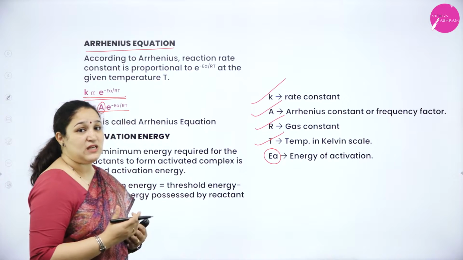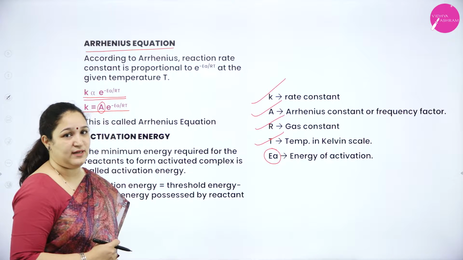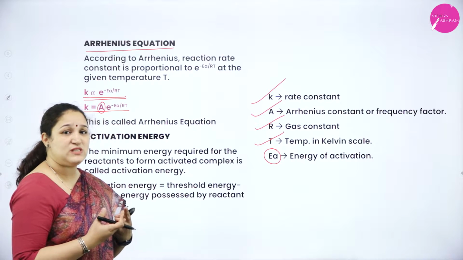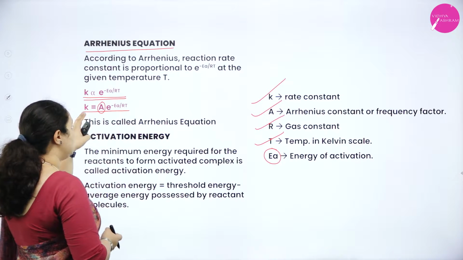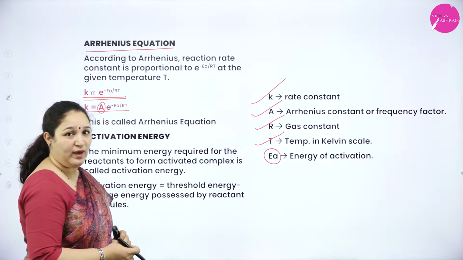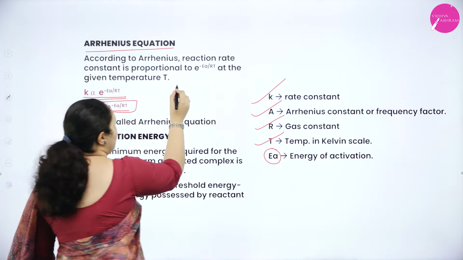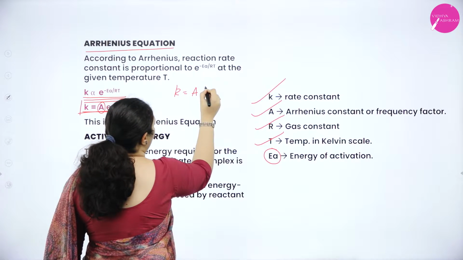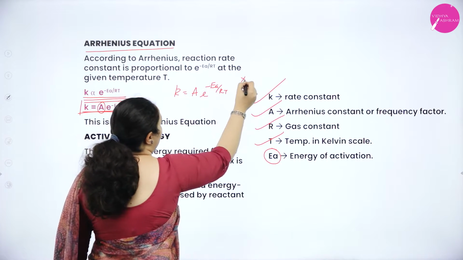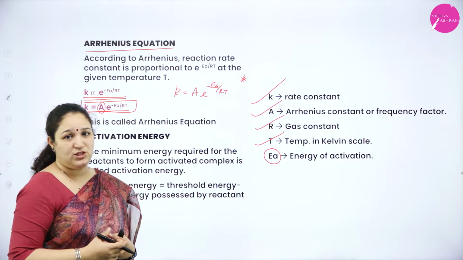So this concept is new for you all. What is activation energy? We need to understand. Okay. So Arrhenius equation is an equation which is giving a relation between rate constant and temperature and activation energy. Okay, and this equation is called as Arrhenius equation. K is equal to A e to the power minus EA by RT. So it's a very important 1 mark question as well. Okay. Now what is activation energy?